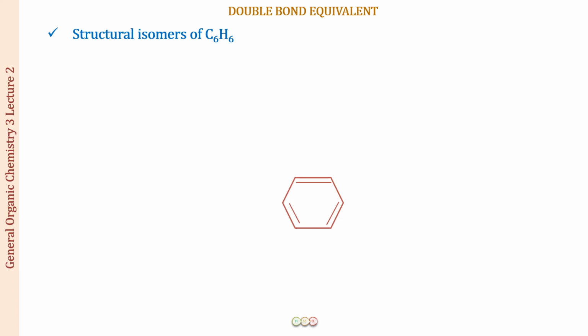Even if I do not find out the DBE value, this is something that I already know from the little bit of organic knowledge we have gained so far from this course, right? So this is the structure of benzene. Looking at it, can you tell me what the DBE value is going to be? Yes, it is going to be 4. Why 4? There is one ring and 3 double bonds, so 3 plus 1, this is going to be 4.